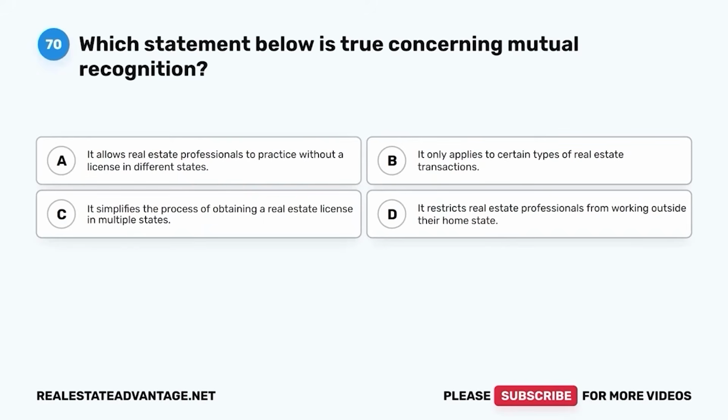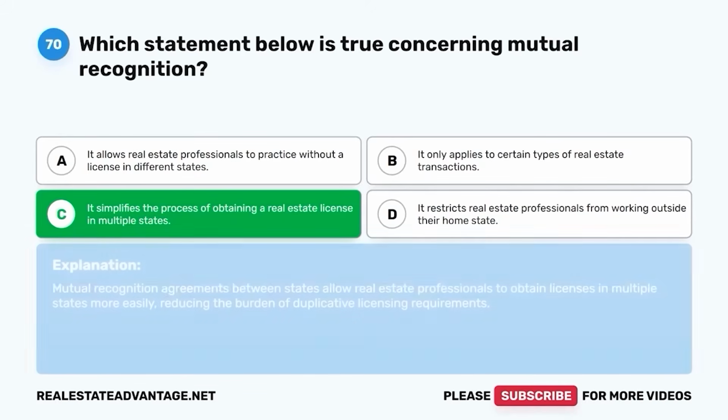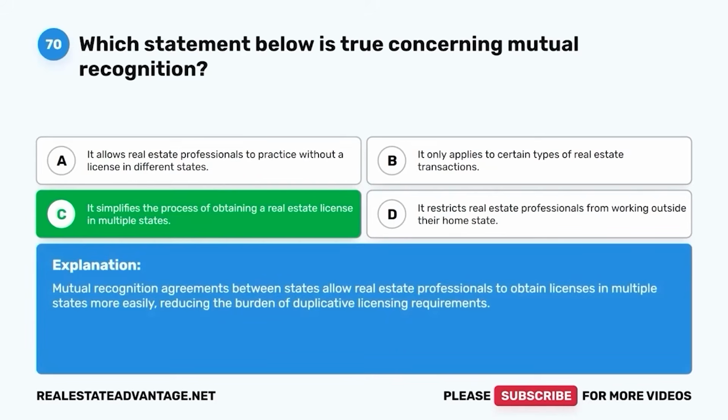D. It restricts real estate professionals from working outside their home state. The correct answer is C. It simplifies the process of obtaining a real estate license in multiple states. Mutual recognition agreements between states allow real estate professionals to obtain licenses in multiple states more easily, reducing the burden